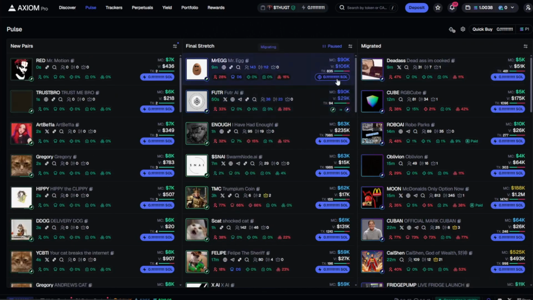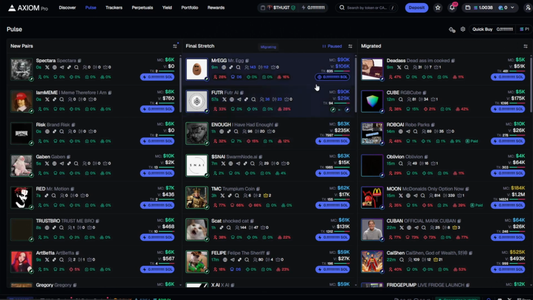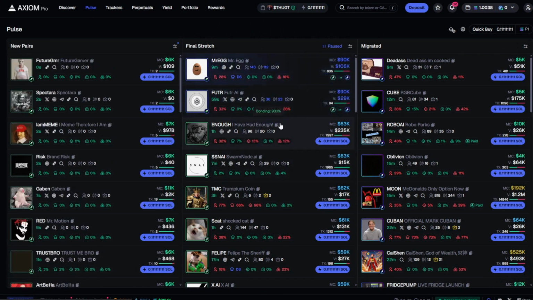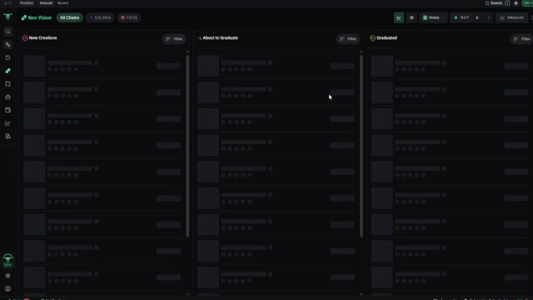Maybe I want to snipe this token. Should I snipe on Radium? Or should I just leave it, see how it does, let it dump, maybe I get a better price, etc., etc. So yeah, obviously there's a ton of information here just off the bat that you don't get on Bolex